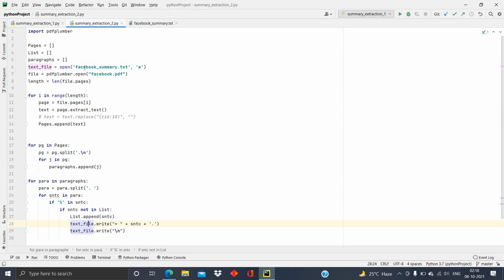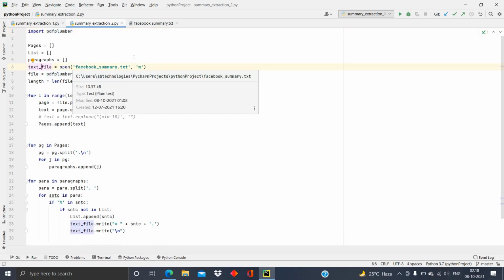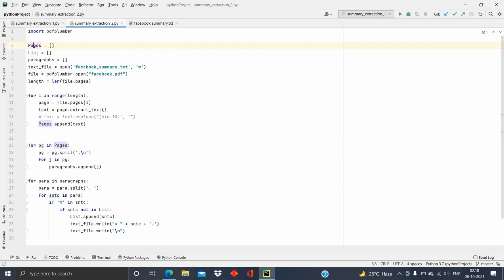This is the main step, and here I'm again using the PDF Plumber library to read the PDF, and I'm also creating a new text file here to save the final extracted summary. I am opening it in write mode, and I have created some empty lists here, pages, list, and paragraphs.